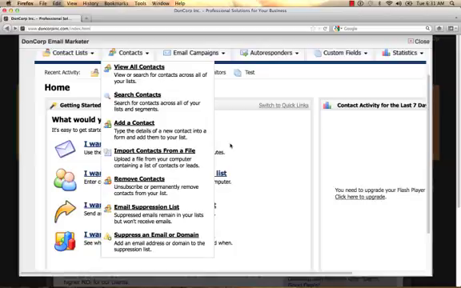You can also suppress an entire domain. And a domain is something like Ymail or Yahoo or Gmail. A lot of the reasons why people suppress an entire domain is because the domain has gone out of business and they just want to remove that whole group of email addresses from their files. Generally, when a domain is sold, all the email addresses in that domain change from whatever the domain name was to a new domain. Now, a suppressed name can also occur automatically when you change your email address, for example,